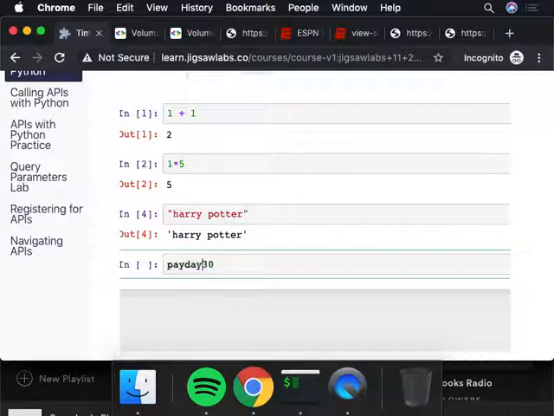So I want to assign this thing some sort of meaning. I want to give it a name. So the way I do that is, I just write plain text, no quotation marks or anything, and as long as I begin with a letter, I cannot begin with numbers. So I just type in payday. And variables cannot have any spaces in them, right? So just write a word, no spaces, and then that word equals some sort of data, either a string or an integer. Spaces between the equals and the 30? That's true. Yes, space between. So it's a variable name, space, equals sign, space, value.